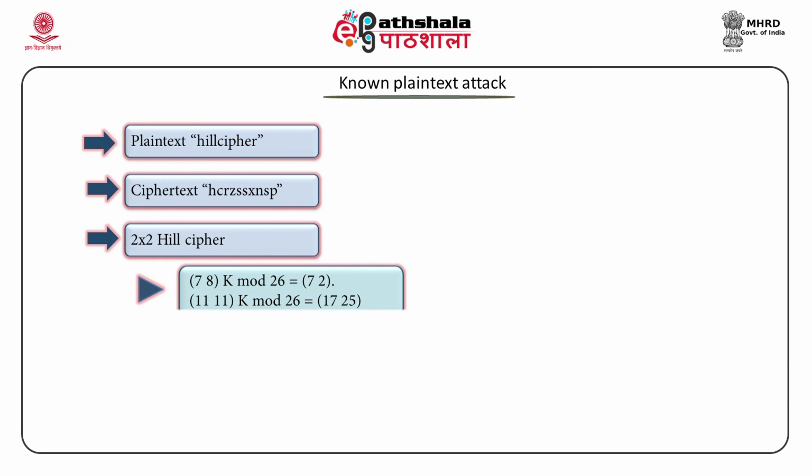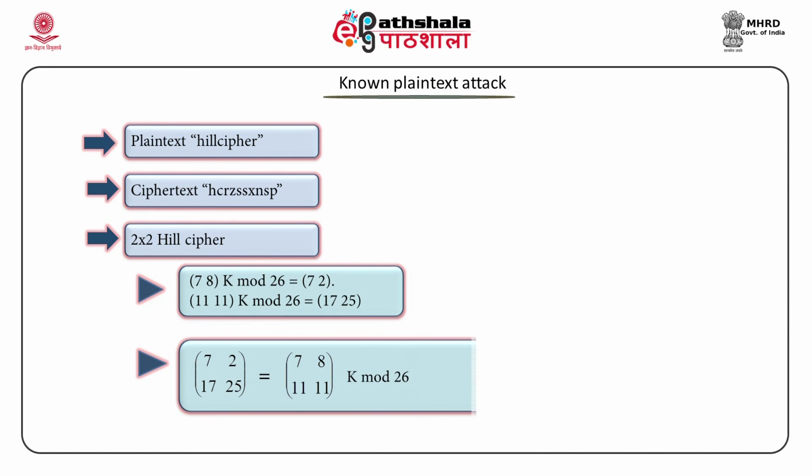That makes 7, 8, K is unknown, the equation is known. So, P K mod 26 gives you C, that is 7 and 2. The next 2 characters are L and L. So, 11 and 11 multiplied with the key mod 26 gives you R and Z,